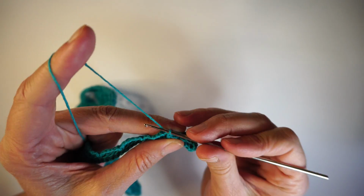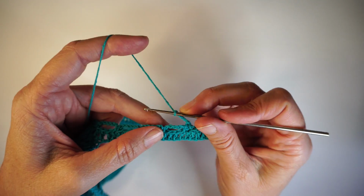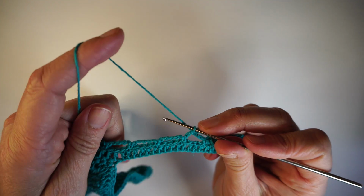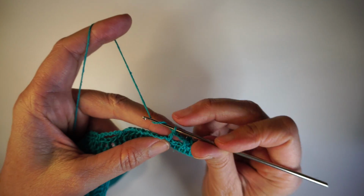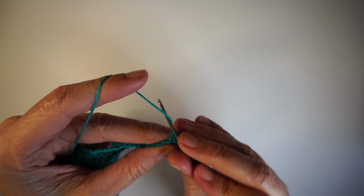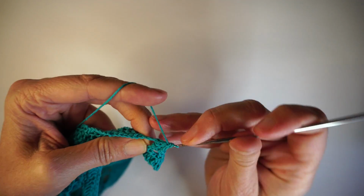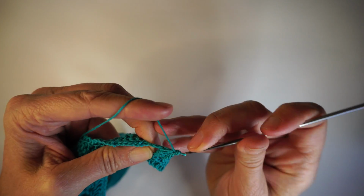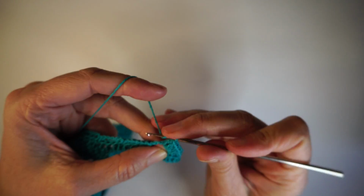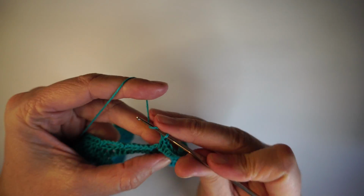So from where you joined both sides together to make this hole for the straps, I'm going to make 5 chains. Again, 5 chains and 1 single crochet in this next arch, and then from here in this next arch I'm going to make 9 double crochets. 1, 2, 3, 4, 5, 6, 7, 8, 9,